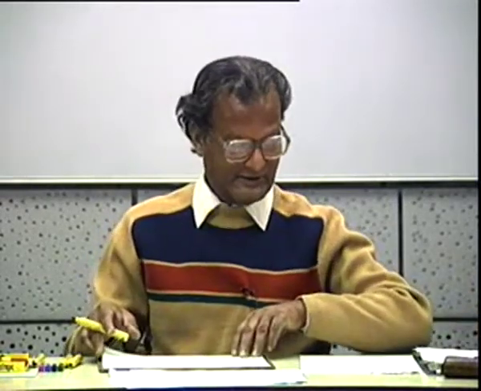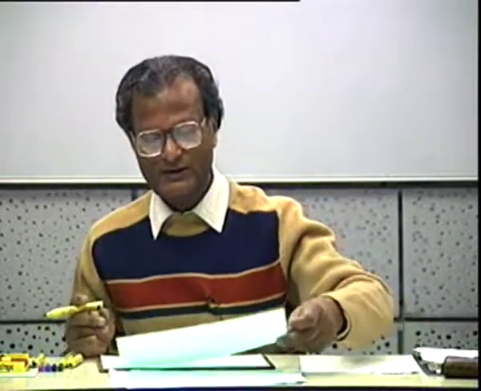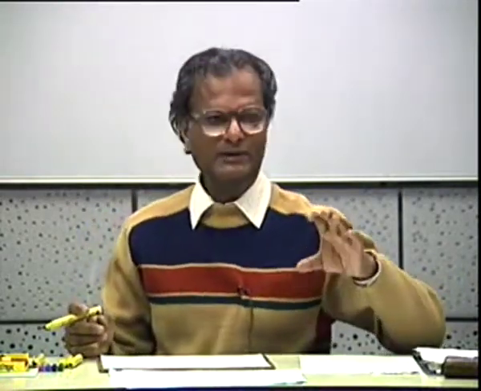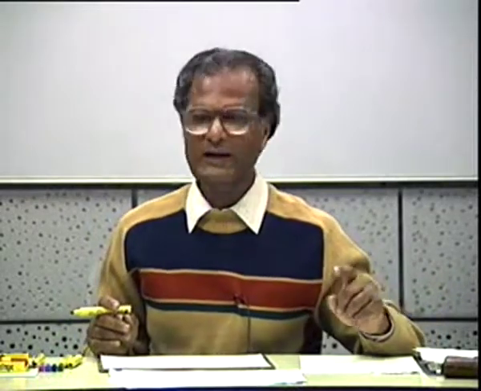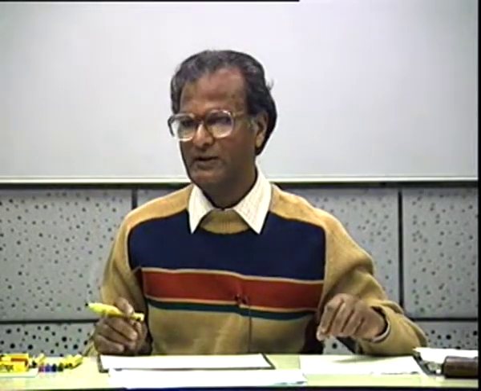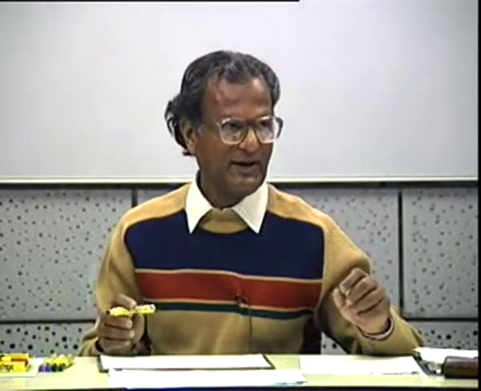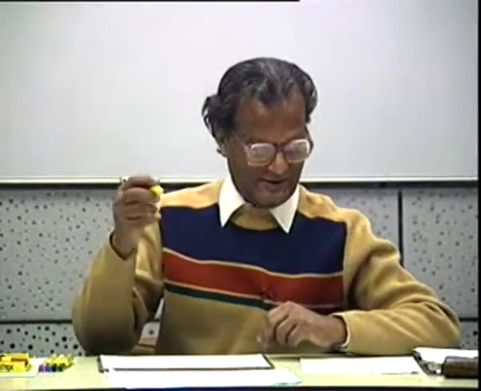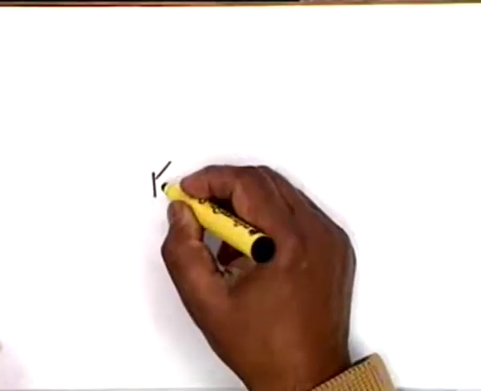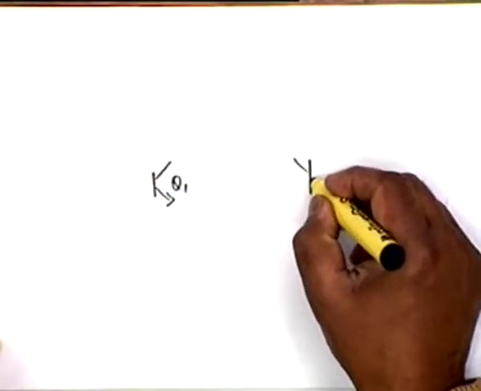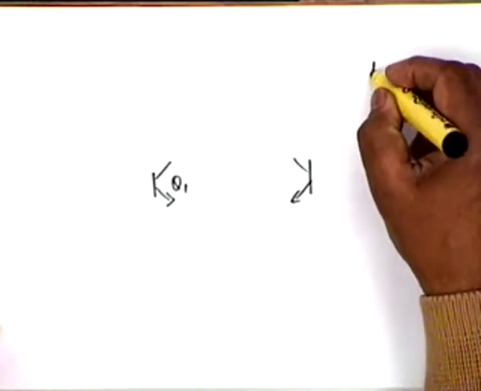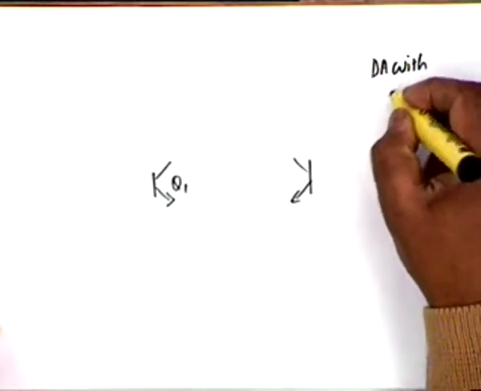Now, what I will do is I shall draw a circuit which is very commonly used, a circuit of a differential amplifier with active load. But in order not to complicate this circuit, I shall show REE as a lumped resistance. Otherwise, I will have to draw REE also, and this size of the paper would not contain it. So I will show it as REE. We have 2 main transistors, Q1 and Q2. This is differential amplifier with active load.